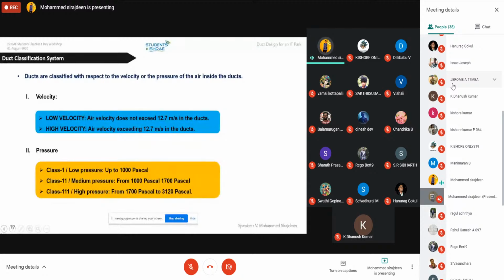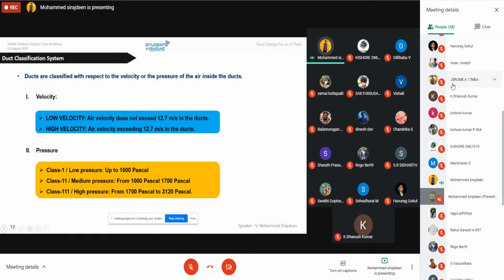Then how can we classify based on pressure? Class 1, class 2, class 3: low, medium and high pressure. Class 1, up to 1000 pascals, is called low pressure. From 1000 pascals to 1700 pascals is called medium pressure, and above 1700 pascals is a rare case actually. Take the case where my fan is on the fifth or sixth floor roof, and I need to exhaust